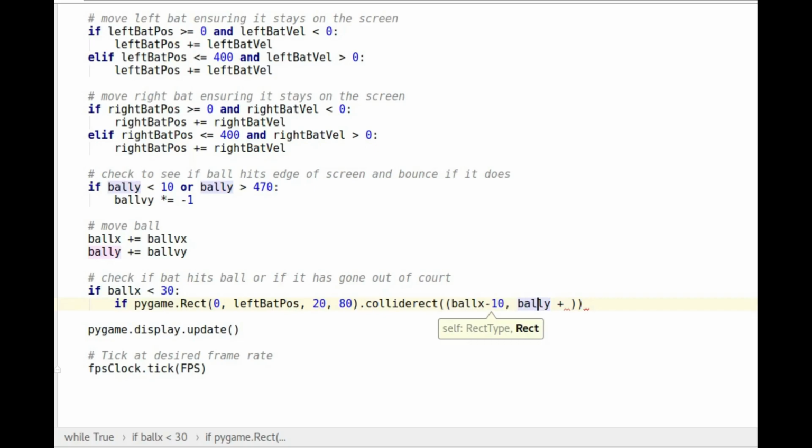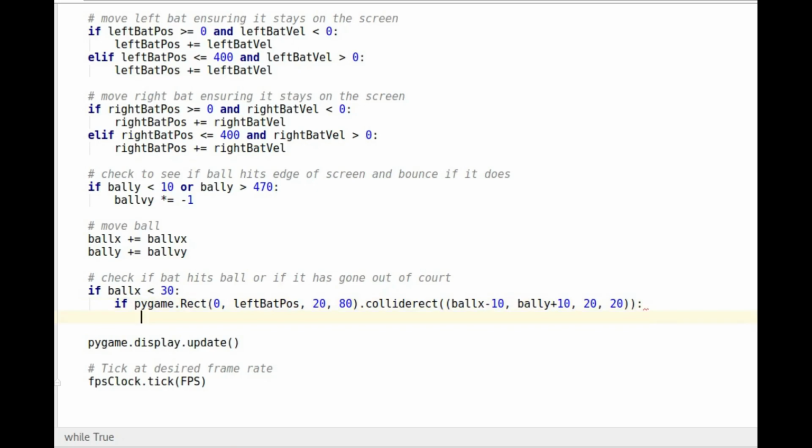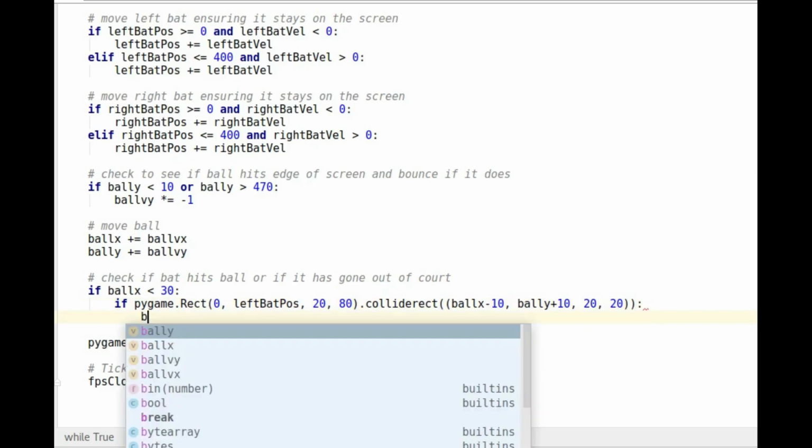I mean, you can put them in, but I don't like it when it's part of an argument. Plus 10, and then that's going to be 20, 20. So that's the rectangle that it holds. So if it does collide, what are we going to do? Well, it's going to bounce back, so we need to change